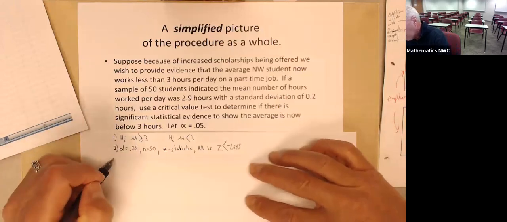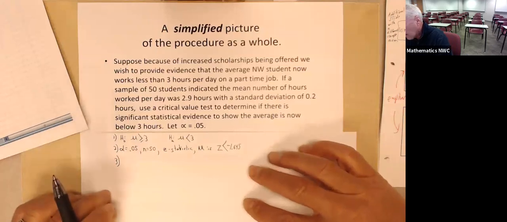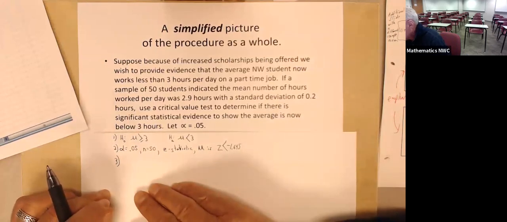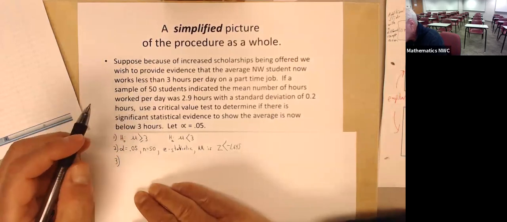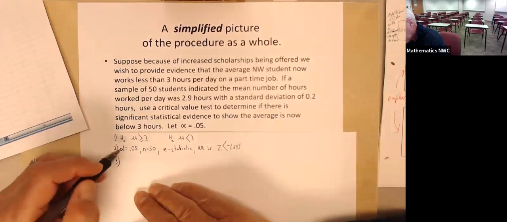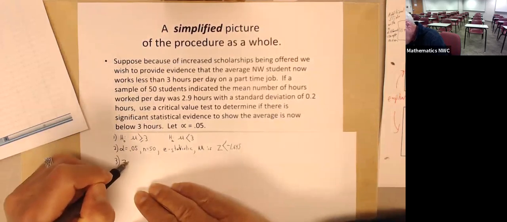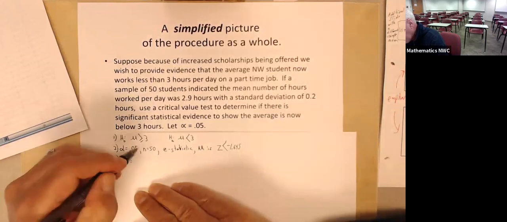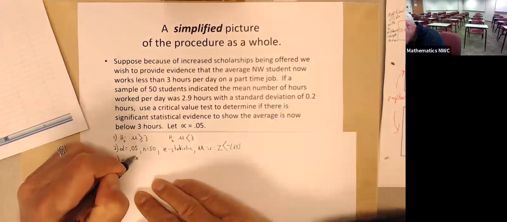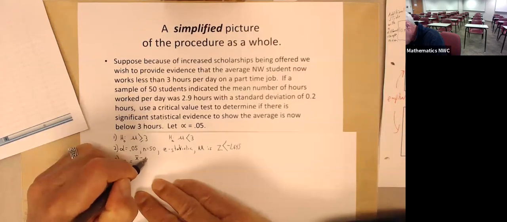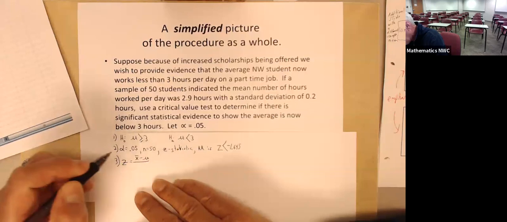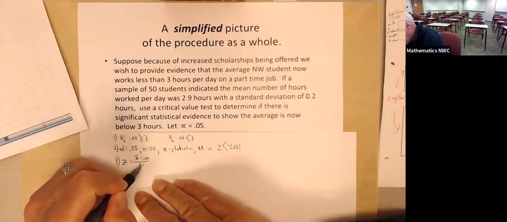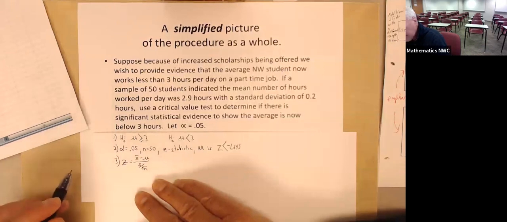Now I'm going to go check your notes again. Step number 3. I'm going to collect the sample. Well, they already did that for us. But I'm going to compute the test statistic, which happened to be a z. So that z, you remember the formula, it was your score from your sample mean minus your population mean, or the hypothesis, mu in this case, that would be the number 3, divided by our adjusted standard deviation, S over the square root of n.